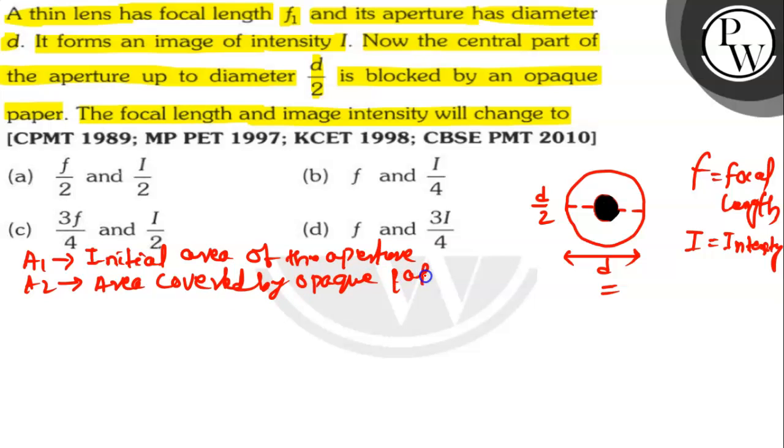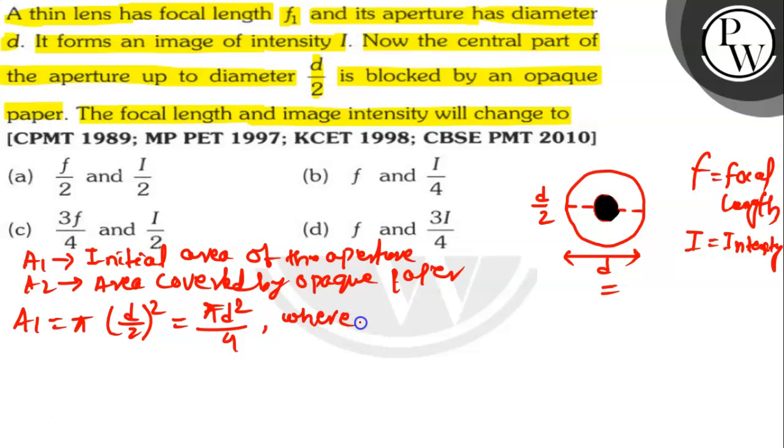Since the aperture is circular, we have A1 is equals to pi into d by 2 whole square is equals to pi d square divided by 4, where d by 2 is the radius of the aperture. Okay, the central part of the aperture up to diameter d by 2 is now covered by an opaque